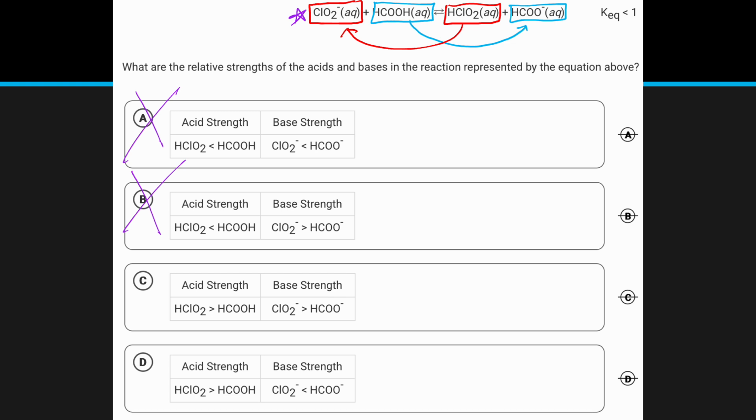So now moving on to my base strength. A base is accepting a proton. So that would be going from this to this, and this to this. Again, the K value is telling me that I am making more reactants. So it makes sense for this blue base forming to be stronger because I am making more conjugate acid. So that means HCOO- is going to be stronger than ClO2-. So the answer would be